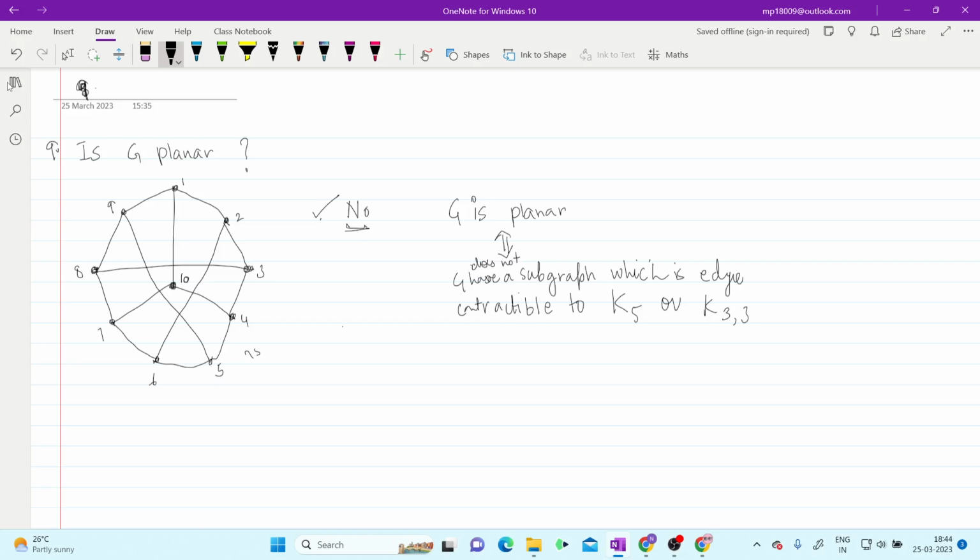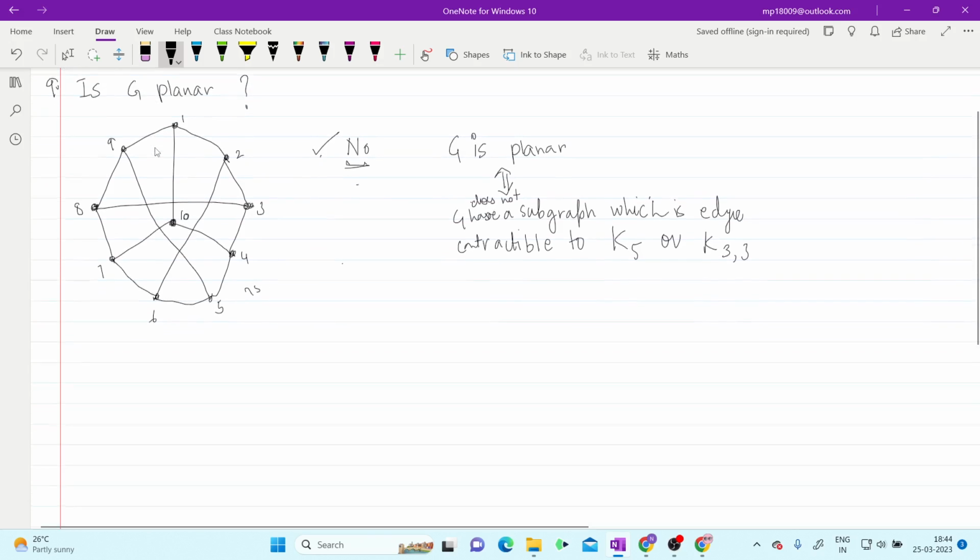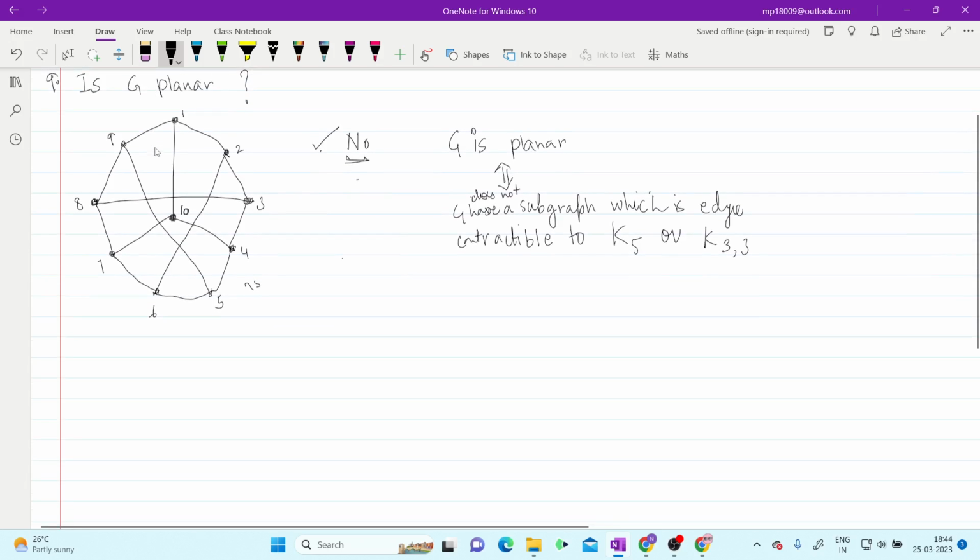This graph is not planar. We can show that this graph is not planar if, by contracting some edges, we can have K5 or K33 in it. If we are able to do so, then it is proof that this graph is not planar. So in this example you can see, so let's first